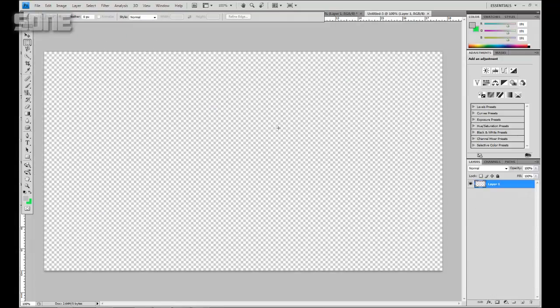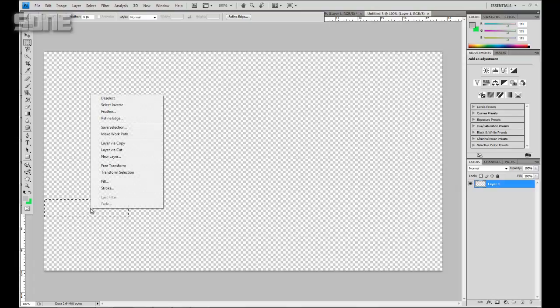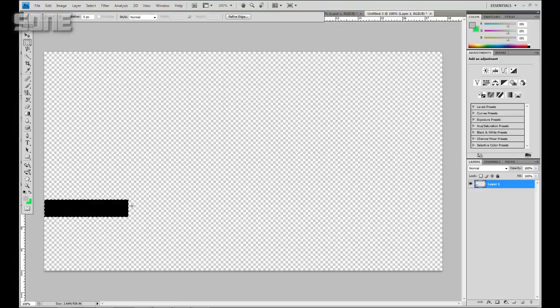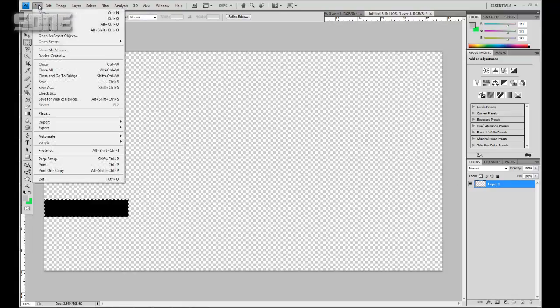Okay, so what you're going to do is get this tool right here, click and hold, and then drag out the size that you want your box to be. We're just going to leave it at that, and then right click while you're inside the box, choose fill, and then click OK. After that,